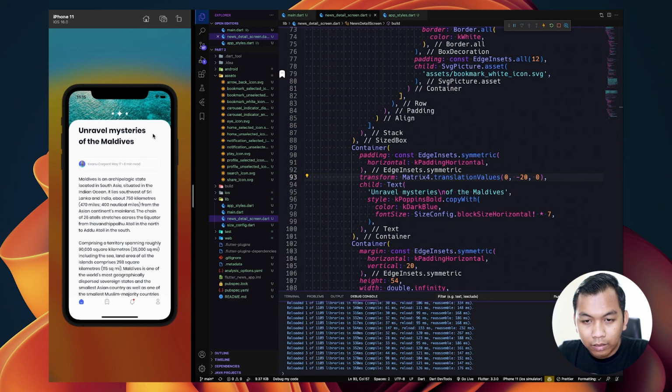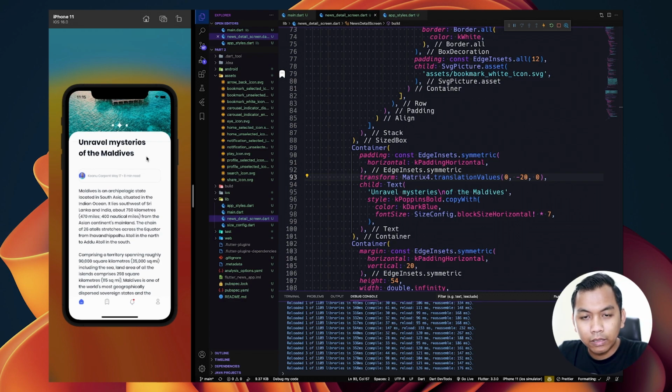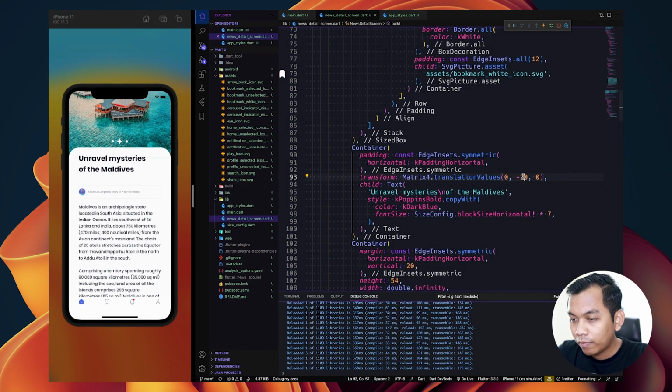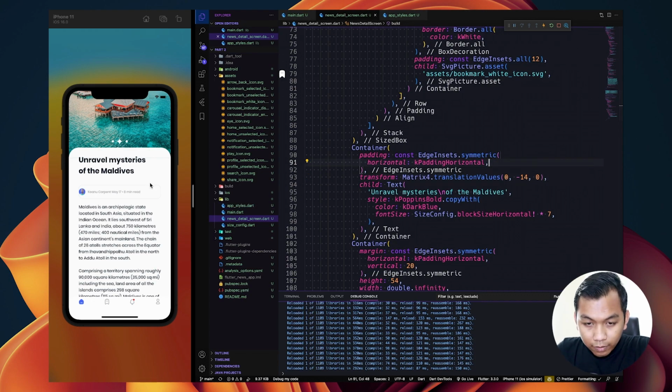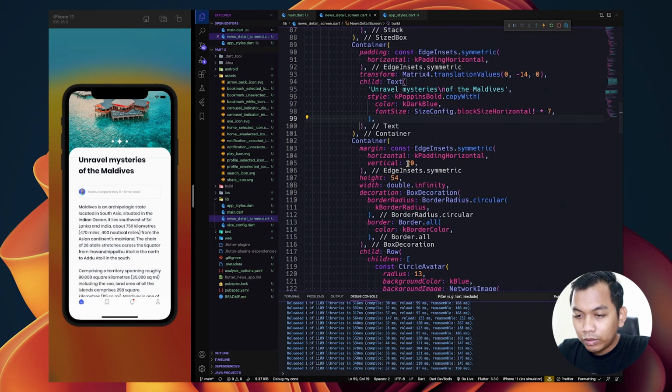Still have a little glitch, I don't know. I think it's from the simulator when it renders this content. So I think 14. All right. And it means that we need to change this to, I think, something like 16.